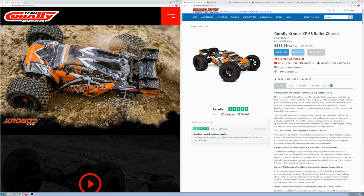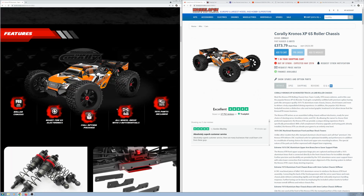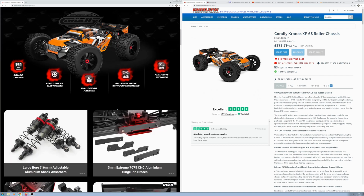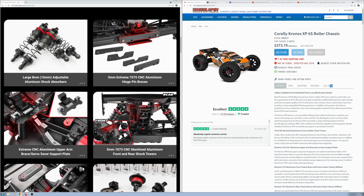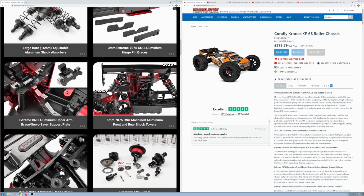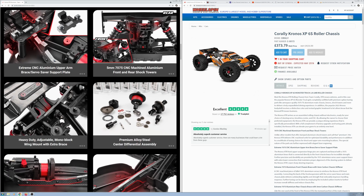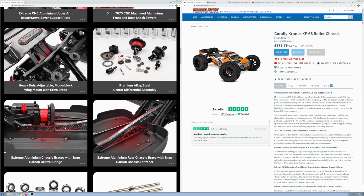So let's just have a quick look on Corelli's website on the left hand side here. You can see it's got quite a lot of new optional parts on. So it's got all of the 7075 hinge pin braces. It has the upper hinge pin braces and servo plate, as well as the front chassis brace here, the shock towers, a different chassis, a rear shock tower as well, and it has this carbon fibre brace going all the